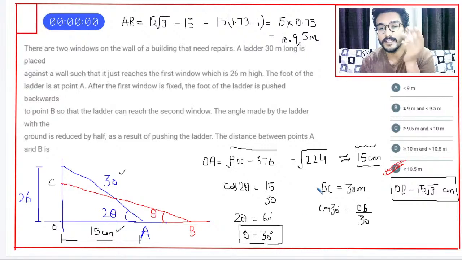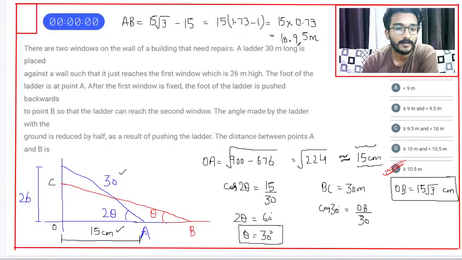ज़्यादा अंतर नहीं आएगा, 10.9 आ जाएगा, और मतलब काफ़ी रेंज ज़्यादा है ना। तरीका आया समझ में क्वेश्चन का, क्योंकि आप अगर साइन थीटा लगाते ना तो 26 और 30 का रेशो नहीं बन पाता। यहाँ पे जब आपने ये 15 निकाला तब आपका ये हाफ बन गया, और फिर वो हमें एंगल पता है कितना होता है। 13/15 से भी निकाल सकते हैं, पर उसको डेसिमल में कन्वर्ट करके राउंड ऑफ तो करना ही पड़ता, तो थोड़ा सा ये राउंड ऑफ कर देना अगर आपको ट्रिपलेट्स ना समझ में आए तो। ओके,